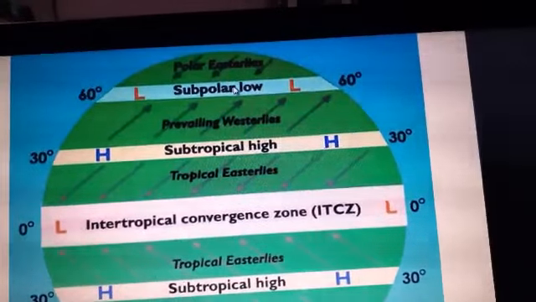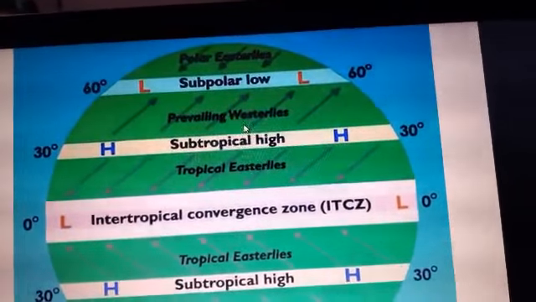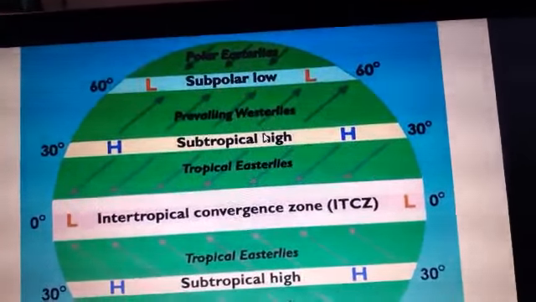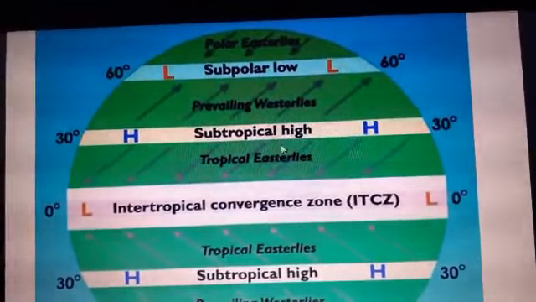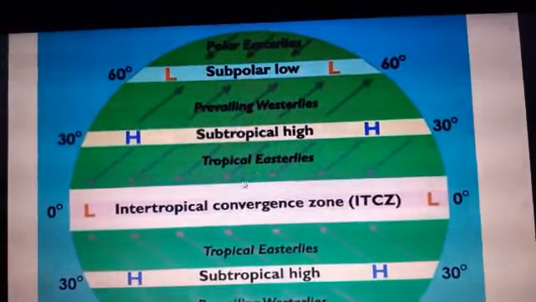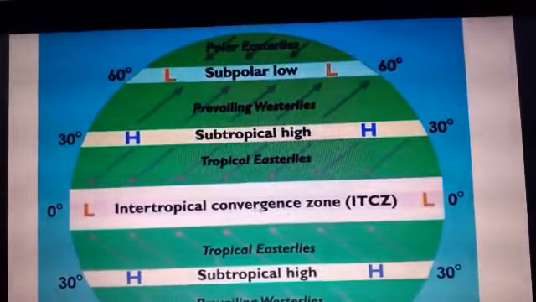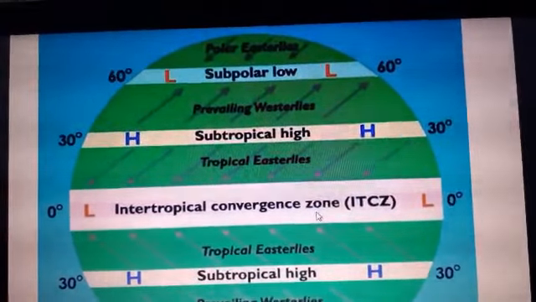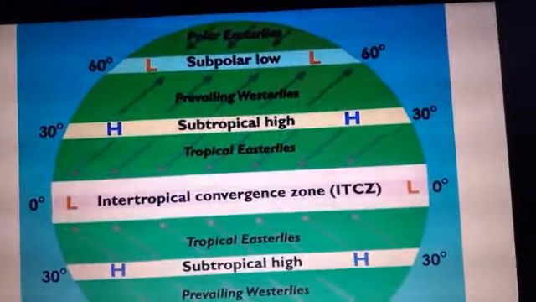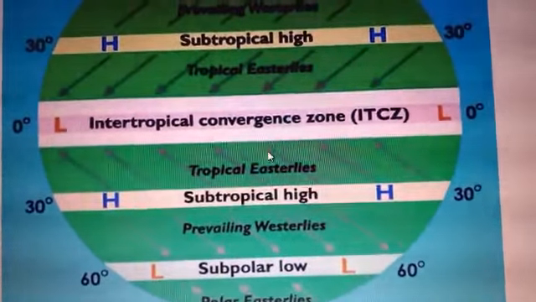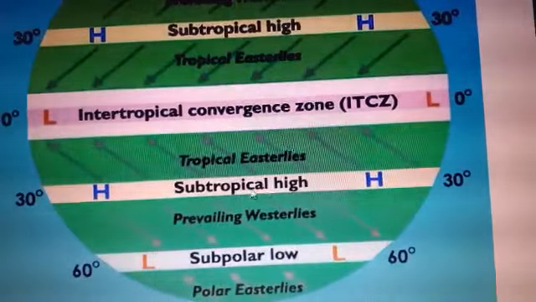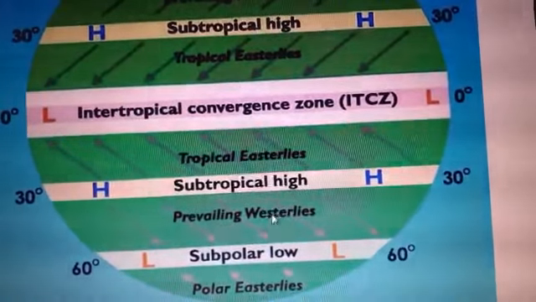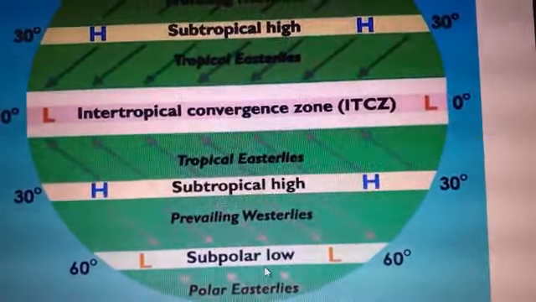We have here subpolar low pressure belts, you can see here westerlies, then subtropical high pressure belts, then tropical easterlies, then we have here intertropical convergence zone. Why intertropical? Because two tropics are there, Tropic of Cancer and Tropic of Capricorn. Then here we have tropical easterlies, again subtropical high pressure belts, then westerlies and subpolar low pressure belts and the